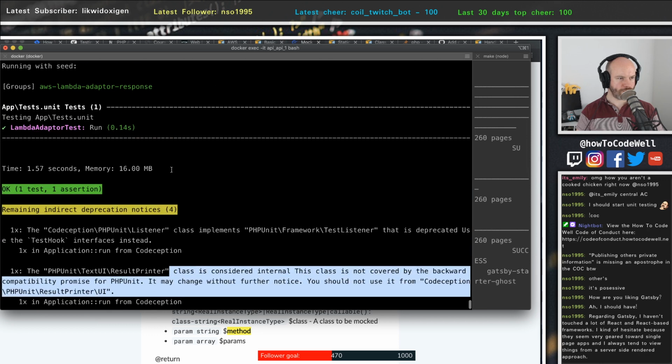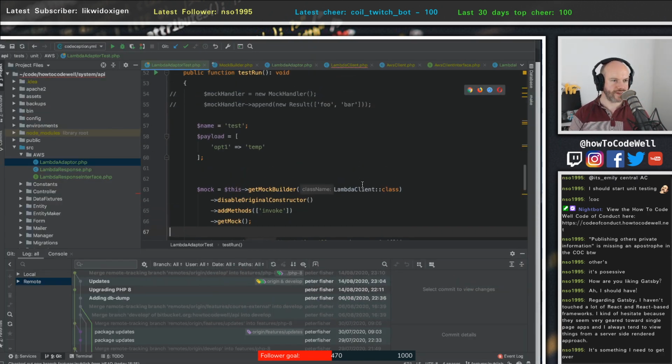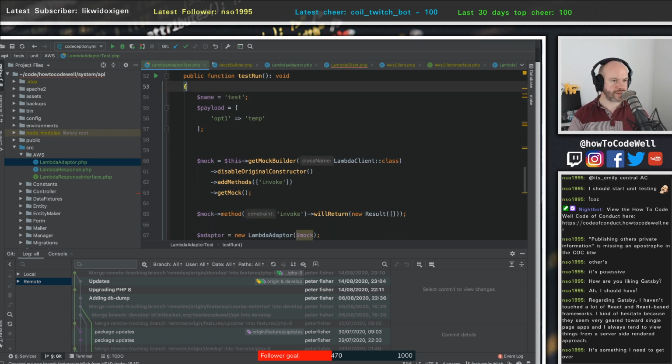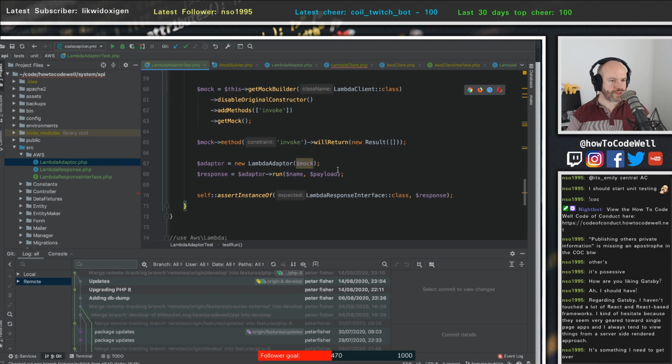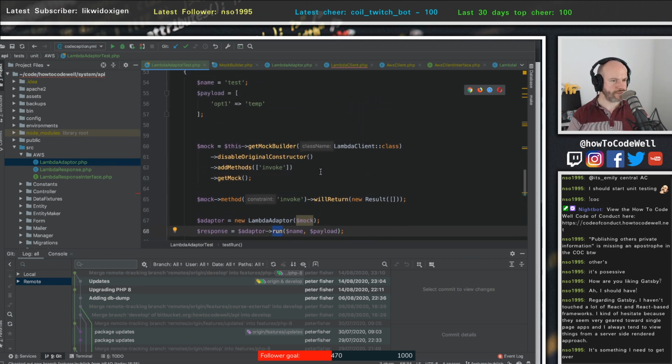Right, we've got this succeeding now. This is awesome. I really finally am digging this. It was just the way I was setting my mocks, I think. So we ran a run. We did a run,